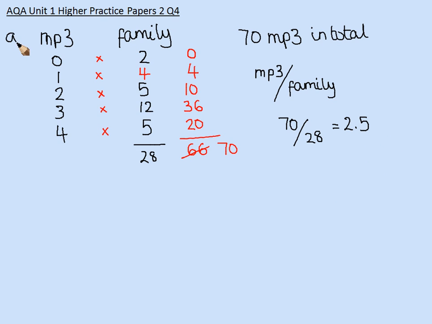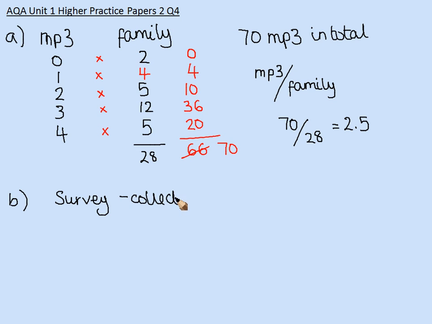It's part A. Now for part B, we're asked to use the data handling cycle to comment on the question, are families with a higher income more likely to have more MP3 players? So his hypothesis is that families with a higher income have more MP3 players. So to test this, the first thing you need to do is do a survey of some description. So he needs to go out and collect data